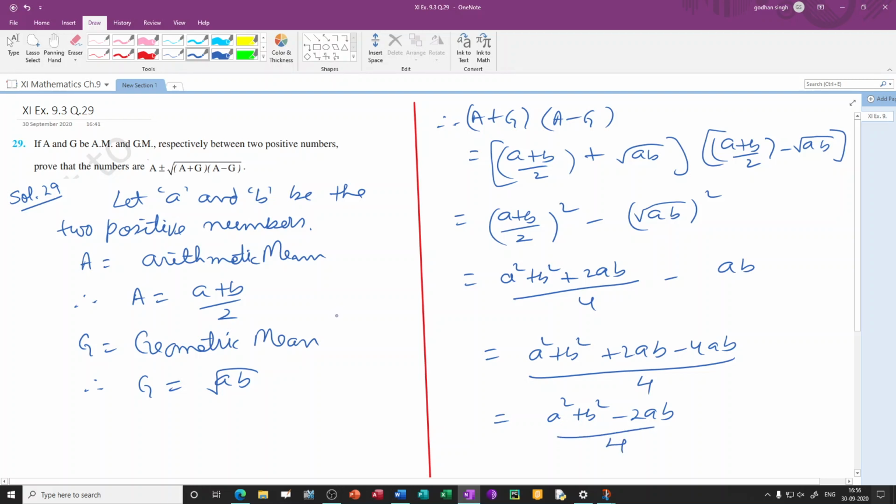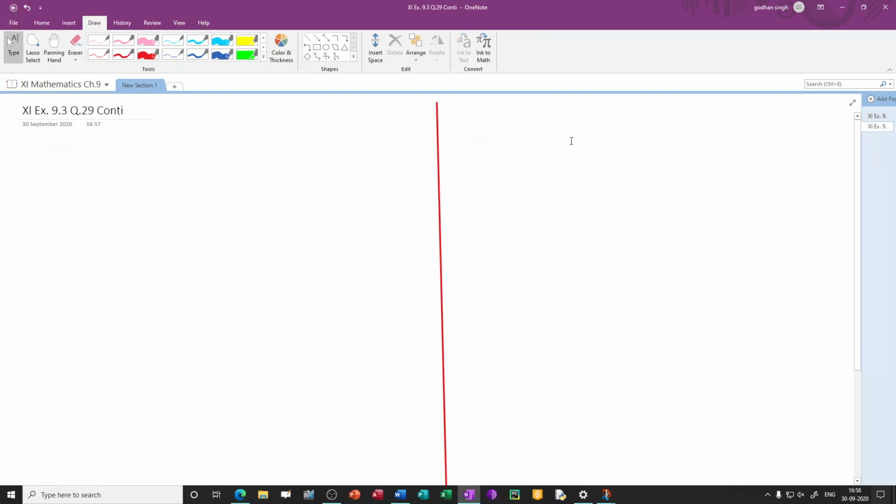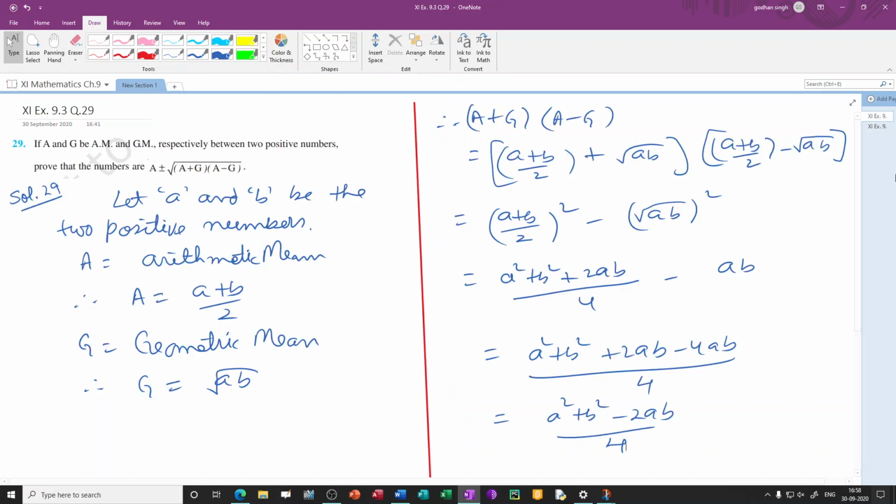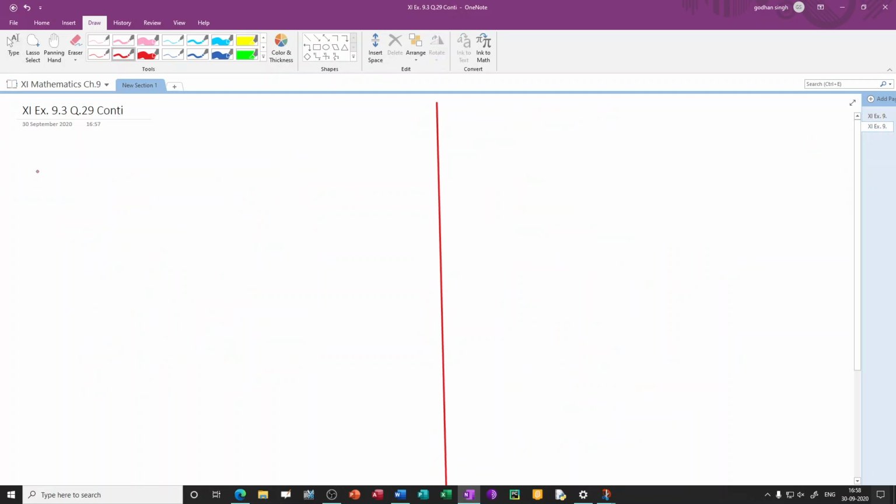4. So this is what we are getting, and we'll take the square root of this, and after that we'll put this one in this A plus minus and see whether we get our required answer or not. So now let us go to the next page, and what we'll be writing from here is the same thing, that is what we have got here is A square minus G square, or A plus G into, therefore A plus G into A minus G